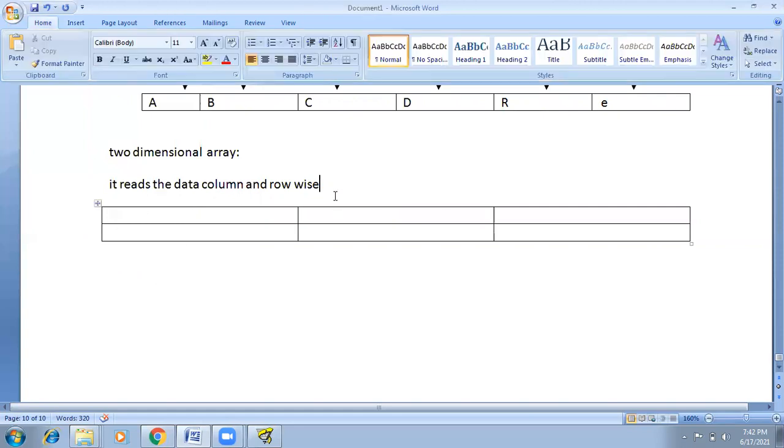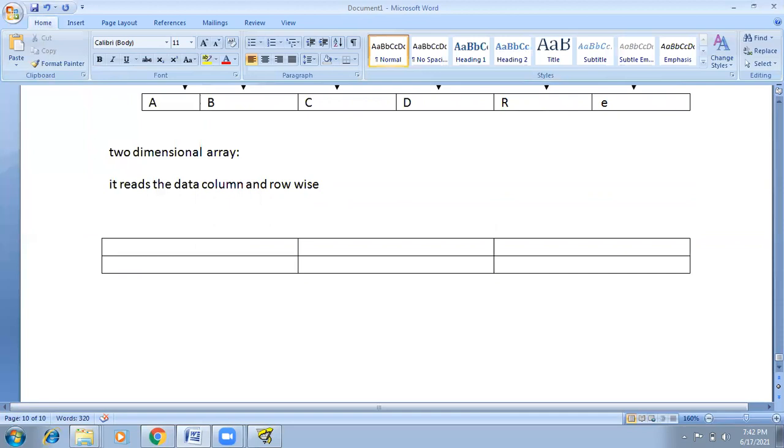If the data is available in matrix format, how can we read it? Using a two-dimensional array. Let's say these values are A, G, O, U, P, H, M.